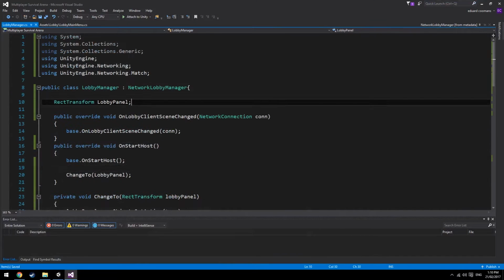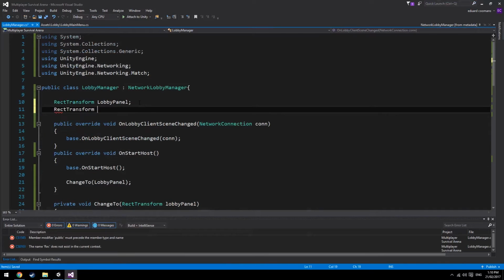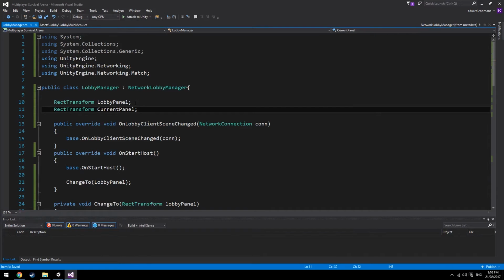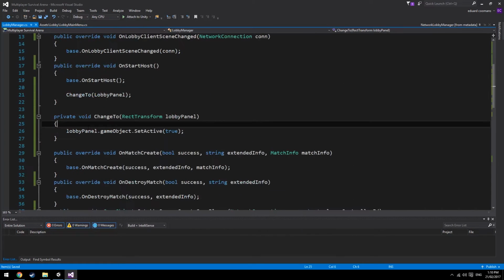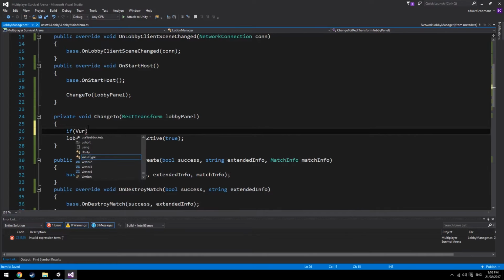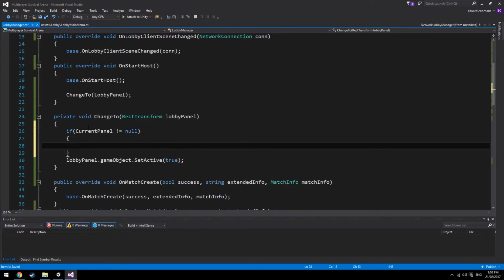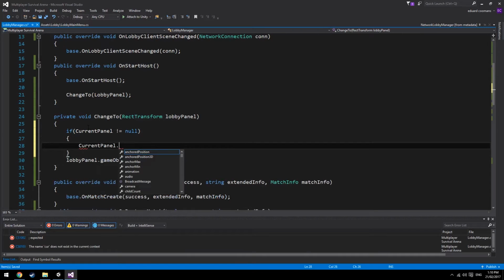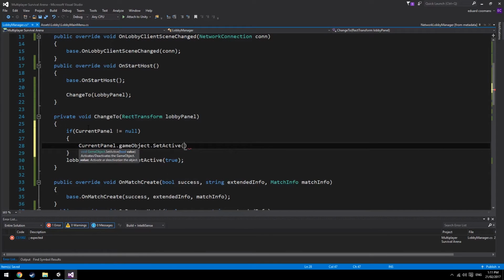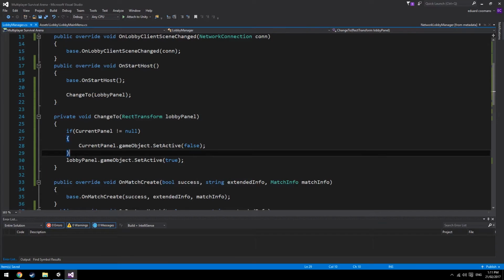So we want to get the current panel we're on, and we say if the current panel is not null, because it starts off as null, then we want to say currentPanel.gameObject.SetActive(false). And